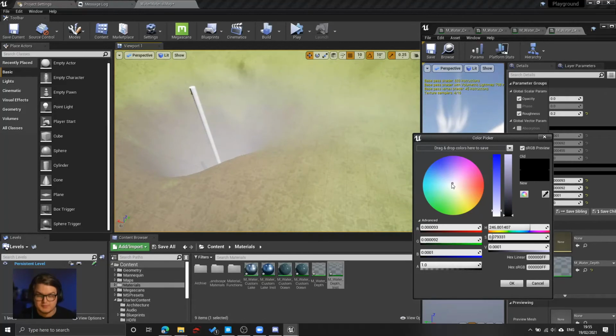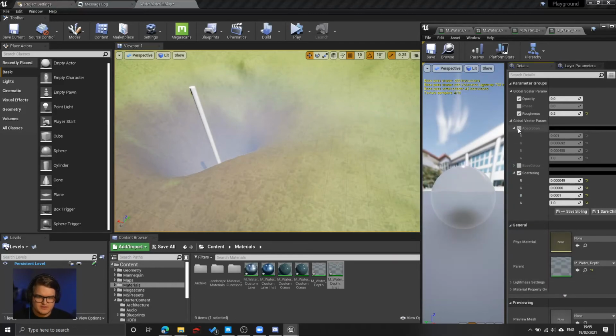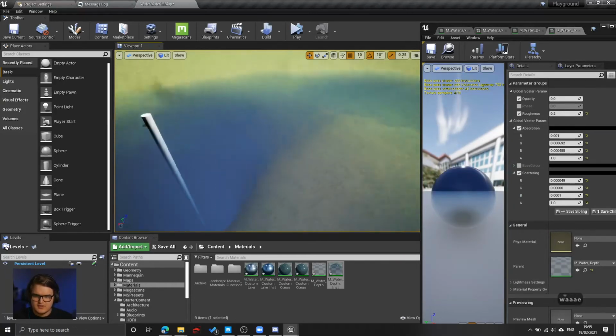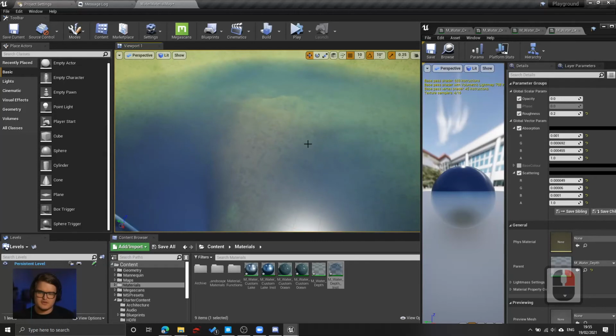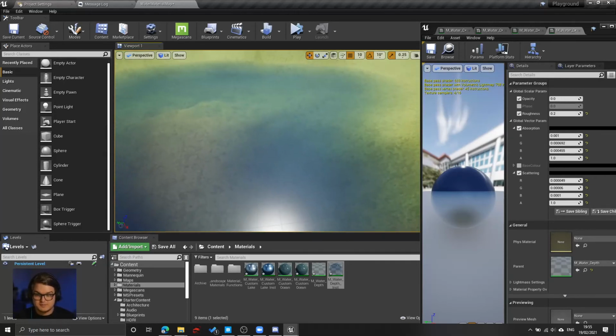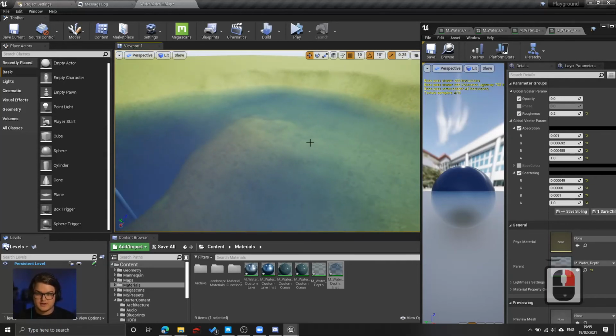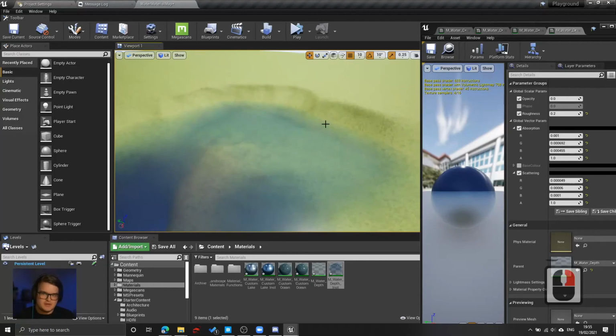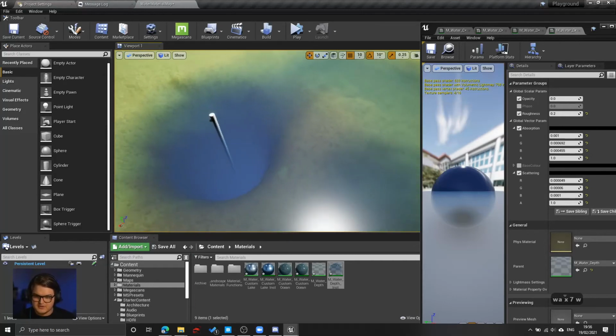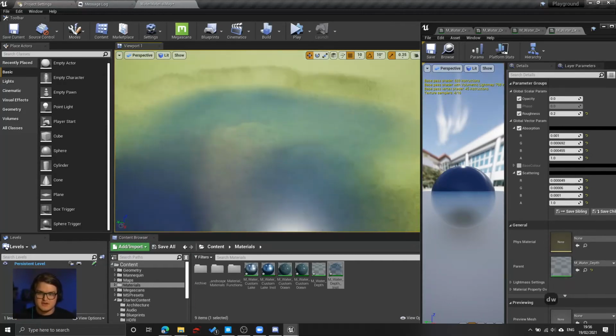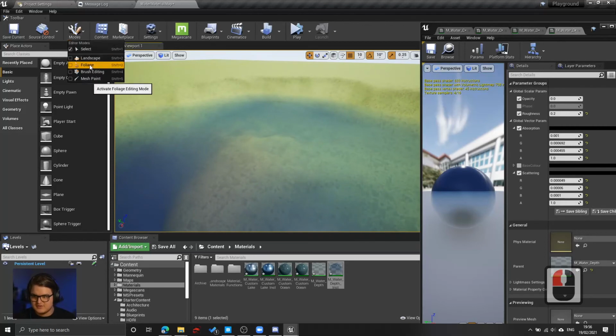Ultimately though, you will be balancing absorption and scattering together. So let's add a little bit of blue scattering to this light, turn absorption on, and then together we have a body of water that has that feeling of depth to it, especially if we have a terrain that varies. This might not be as pronounced if you have a lake which is a uniform depth. But in this case, because I have really deep areas, shallow areas, and even, let's create,